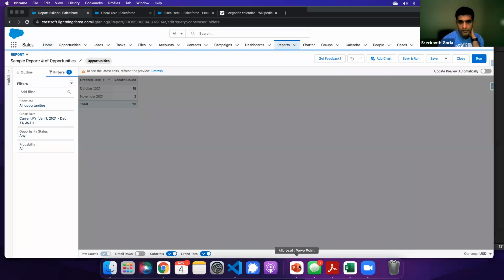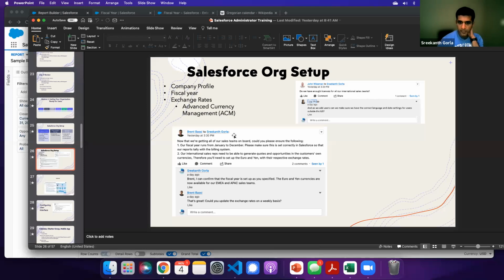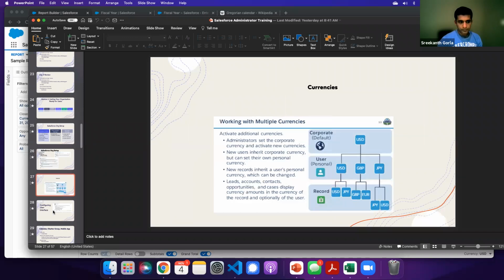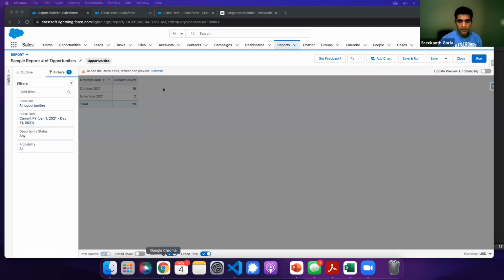So those are the ones basically. That's how we set up. We looked at all these things. We looked at licenses, we looked at the languages, we looked at the fiscal year settings, and we also looked at the currency settings. Even though they are one-time settings, those are very important things that we should know. And we have seen this. And the other thing,